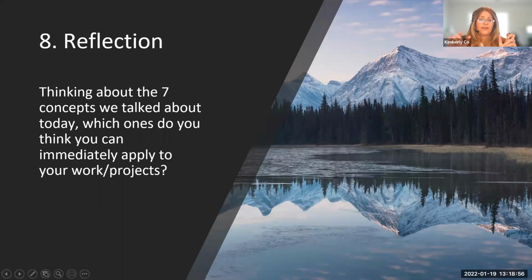We do have a bonus round, which is reflection. And I think it's important that we think about reflection at the end of our bigger programs and maybe on some of our e-learning courses to drive home some of those concepts. Maybe you're jotting it down, maybe you're taking just a couple minutes at the end.